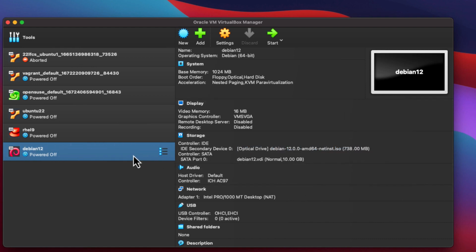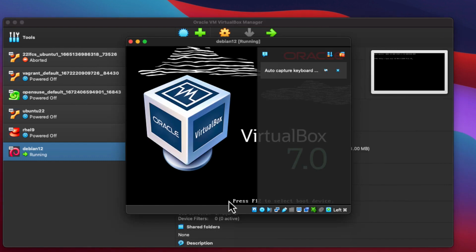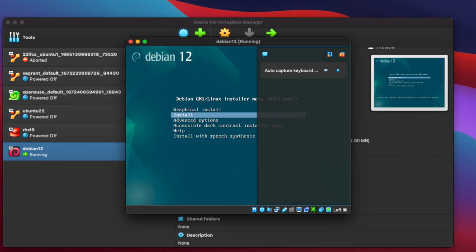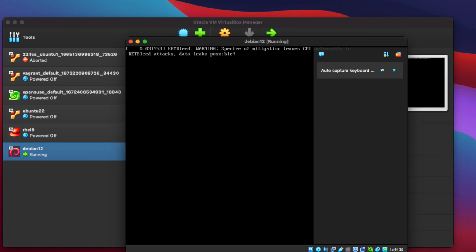When we go through and finish, it won't start our virtual machine, but leaves us with a defined virtual machine. As I then go through, I can choose Start and then our normal start, and it will fire up the virtual machine, the installation process. I don't want to do the graphical install. We're installing a command line only version, and I'm going to use the text-based installer.